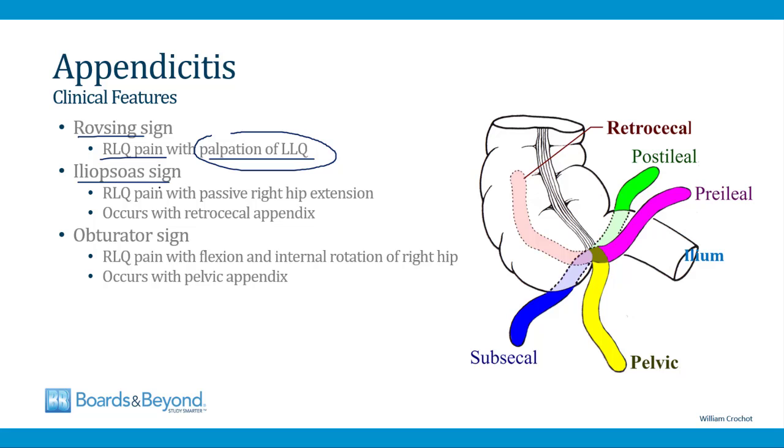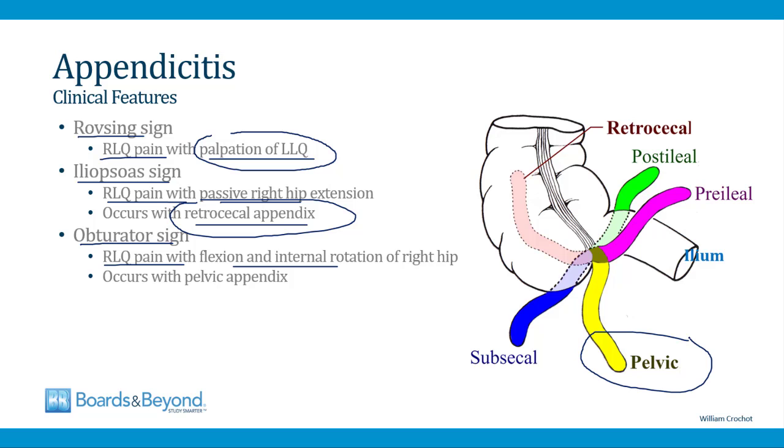The iliopsoas sign refers to right lower quadrant pain with passive right hip extension, and this occurs anytime there is a retrocecal appendix. And as I said before, this is the most common location for the tip of the appendix. And then the obturator sign refers to right lower quadrant pain when you flex and internally rotate the right hip, and this is seen when you have a pelvic position of the appendix, which is what's shown in this image